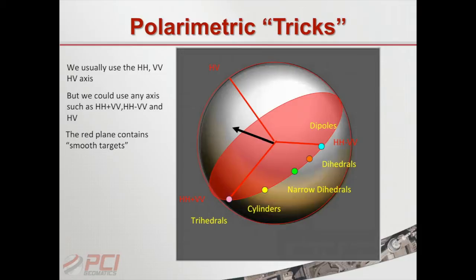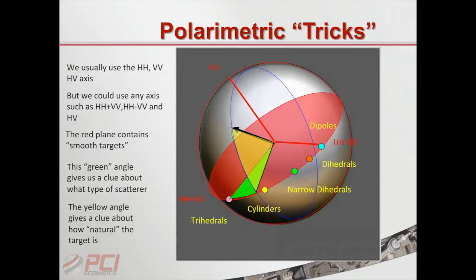So here we talk about HH plus VV. This represents all the odd bounces. This here represents all the even bounces and everything in between. When you talk about dihedrals and cylinders and all those sort of things, they all fall on that axis. Okay, so man-made targets, they're all on that axis using this orientation, and you can see there's no energy on the HV direction. When we do get a return, though, out here, what basically happens is the angle that it